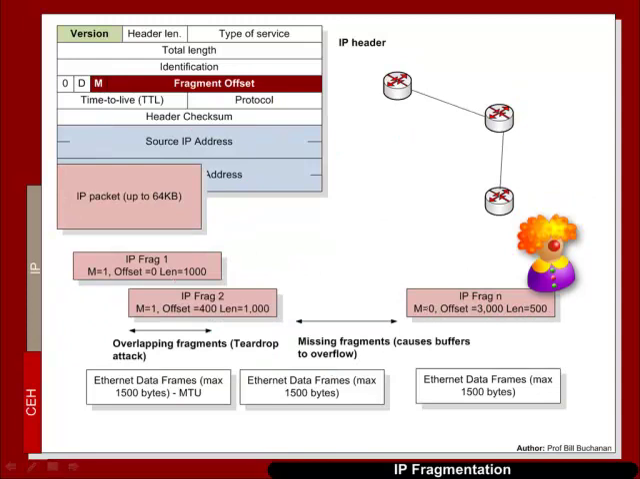Unfortunately, intruders can use this to their advantage, and what they can actually do is craft data fragments which overlap. So in this case, we can see here we have our first IP fragment, it's a length of 1000, but the second one is only offset by 400 with the same length, so it can confuse the device and crash the buffer by overlapping the data, such as in the teardrop attack,